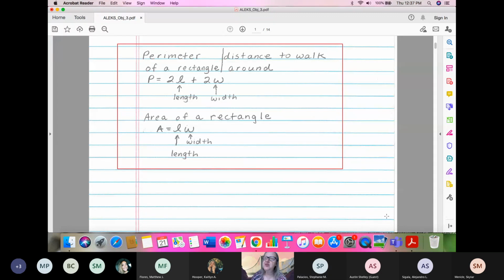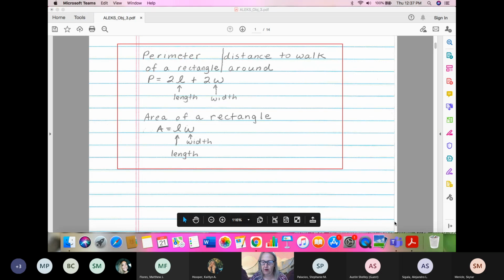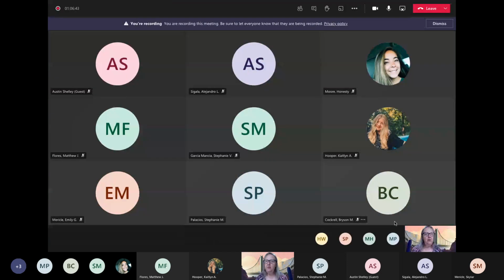So you bring up a really good point. What I would suggest is that you might want two notebooks, but label them or tab them somehow